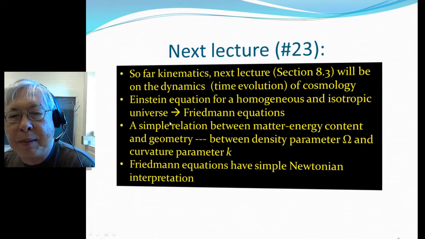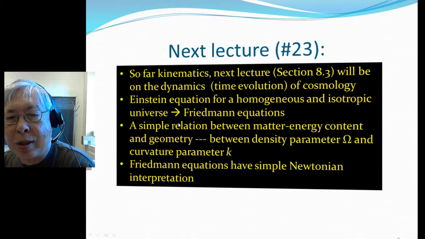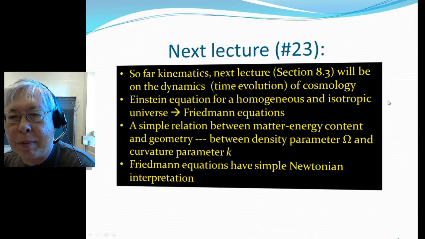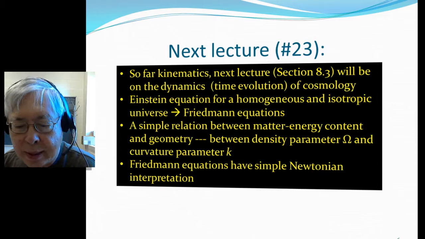There's a simple relation between matter energy content and geometry, between the density parameter and the curvature k, which you'll see from the Friedmann equation. And even though it is the Einstein equation, a GR equation, the Friedmann equation has simple Newtonian interpretations, which make it easier for us to remember its significance. Okay, that's the end of